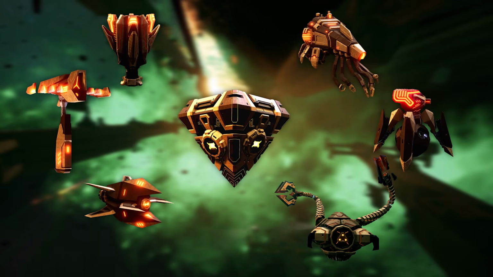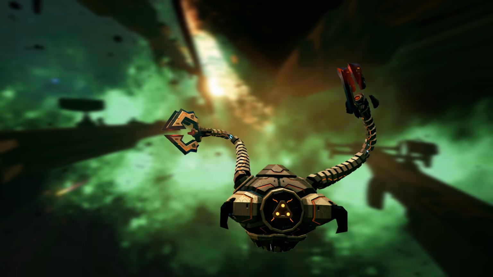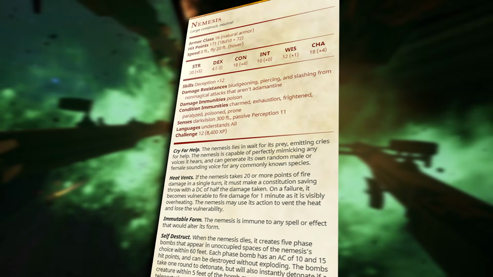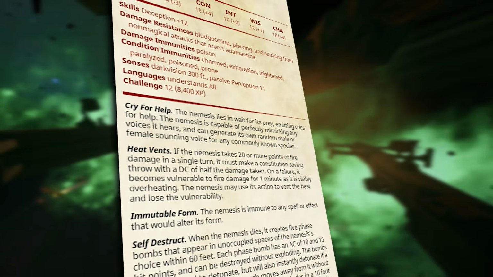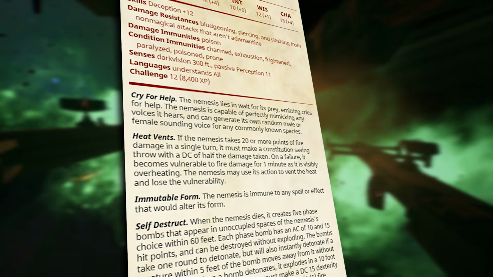Okay, so we've got 2 stat blocks left, and you best buckle up because it only gets worse, and by worse I mean better, from here. Next is the Nemesis. Again, much of the foundation of the stat block has not changed, so let's cover the new abilities. Cry for Help is, well, let's just say this ability puts Deep Rock Galactic snugly into the horror